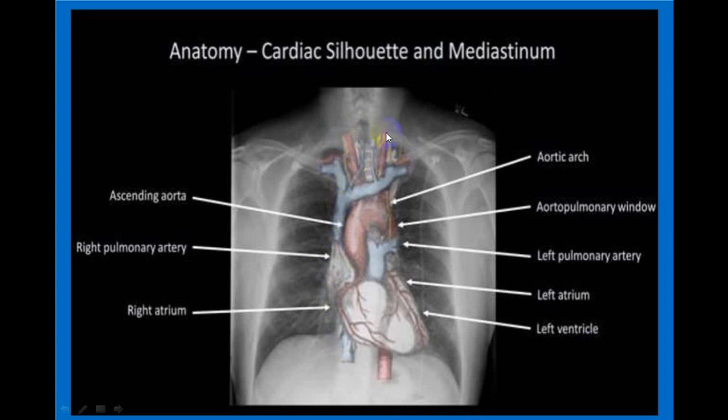On the left side, this is the paratracheal strip on the left side. Then it contains what we call the descending aorta portion. You've got an aortopulmonary window. This is an aortic knuckle. We call it the aortic knuckle. Aortopulmonary window. Then you've got a left pulmonary artery, or we call it a left hilum. This is the right hilum. Then you've got a left atrium and left border of the heart. This is the left hemidiaphragm. This is the right hemidiaphragm. This is the right costophrenic angle, left costophrenic angle.